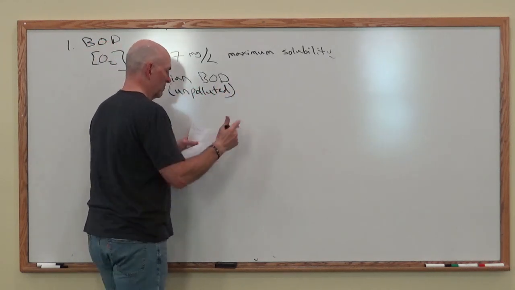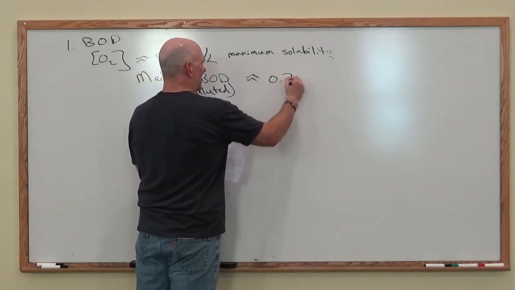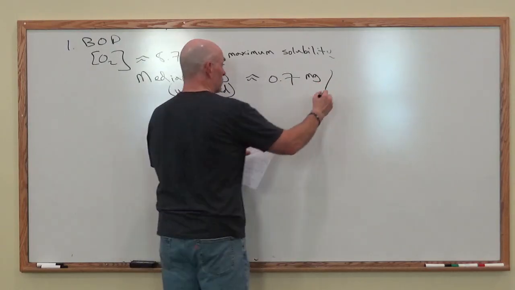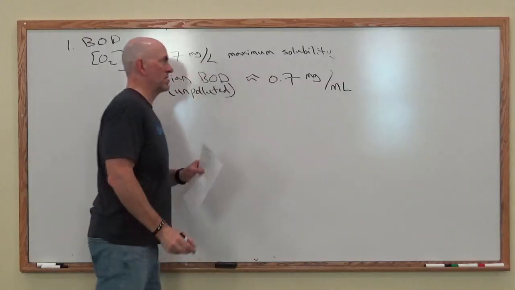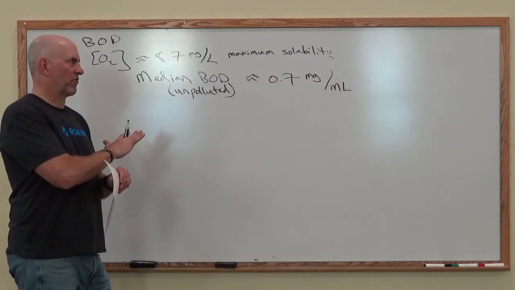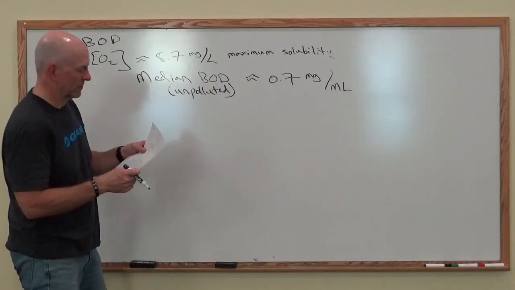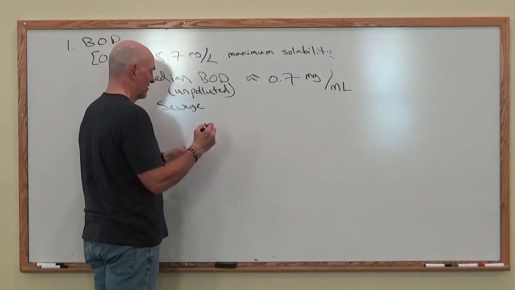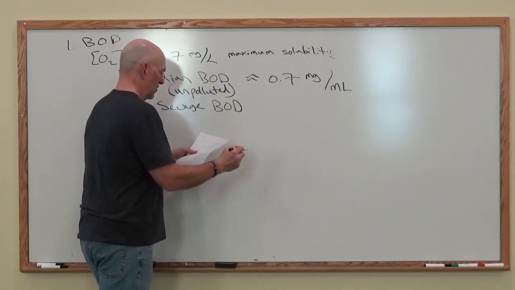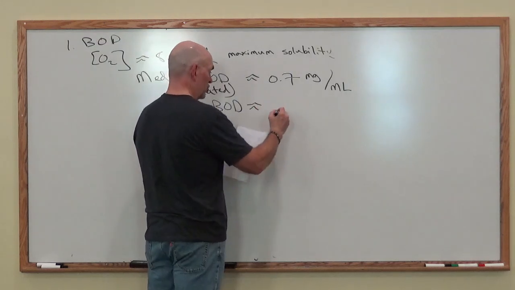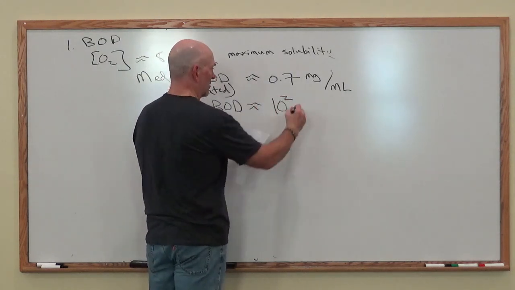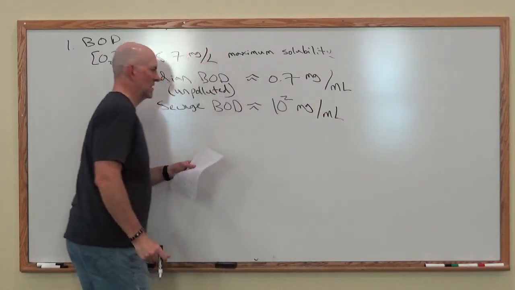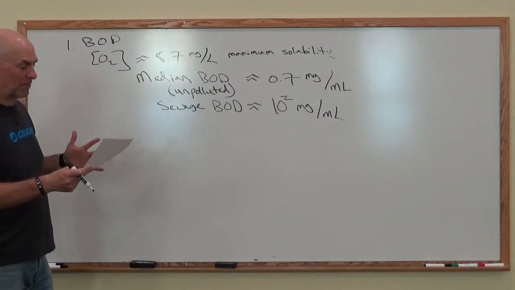Fairly clean water systems, you're going to get around 0.7 milligrams per, now the units are different here, milligrams per milliliter. And I'm not too worried about where that comes from right now, it's just a calculation. But if you have something like sewage, which is pretty nasty to think about, sewage would have a huge biological oxygen demand, sometimes around 10 to the second milligrams per milliliter. Okay, so the example I want to do with you is